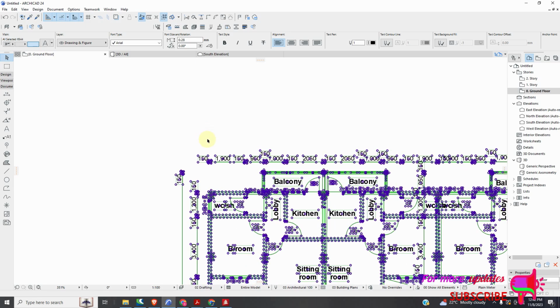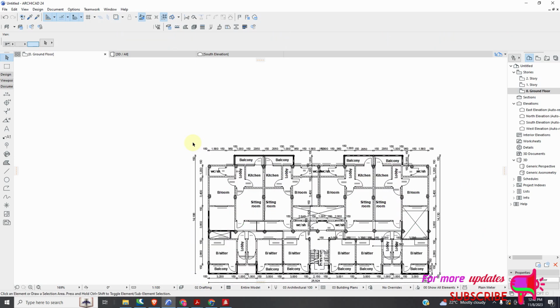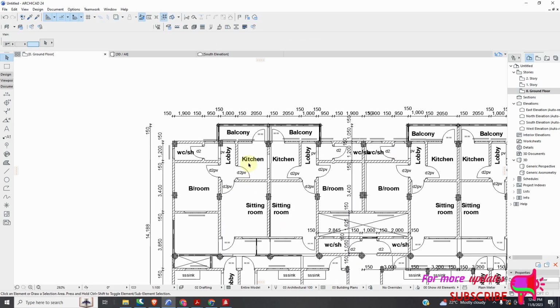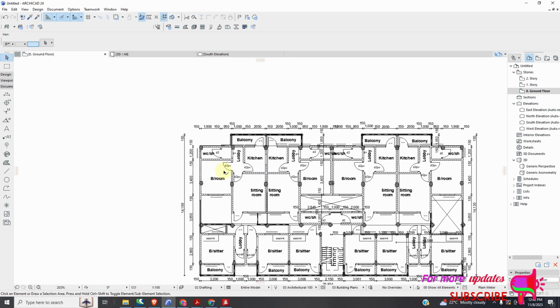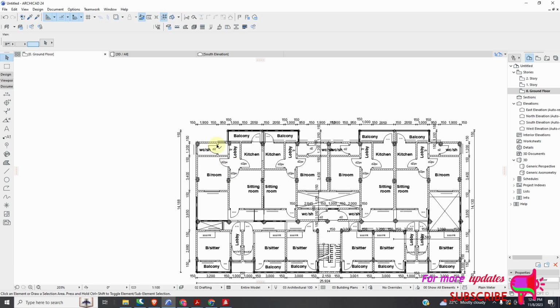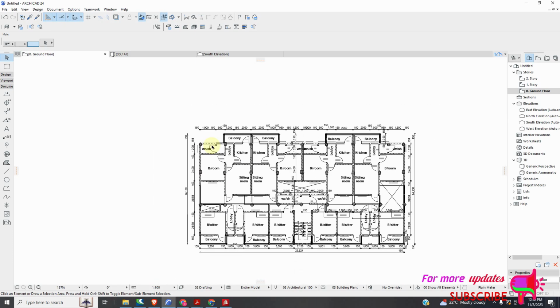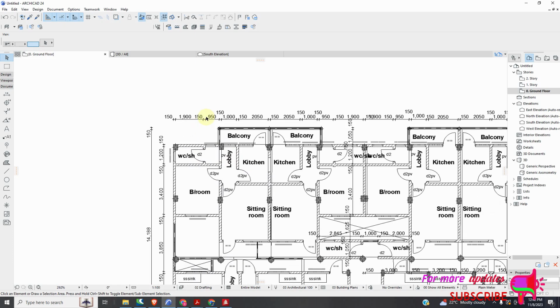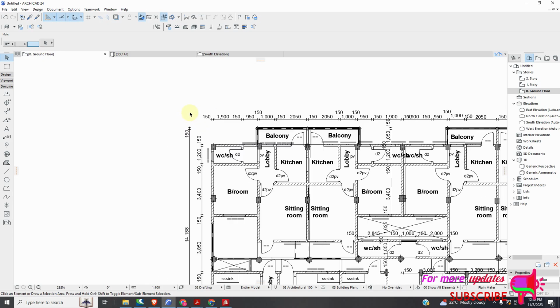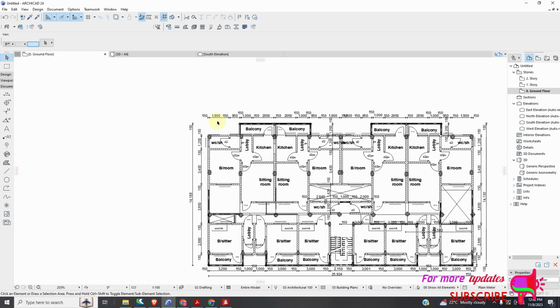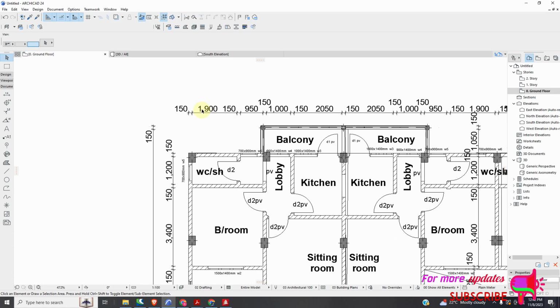Let us scale this drawing. We have to scale because, even in AutoCAD, when you import the drawing, normally it does not come in scale, so you have to scale it. So the distance